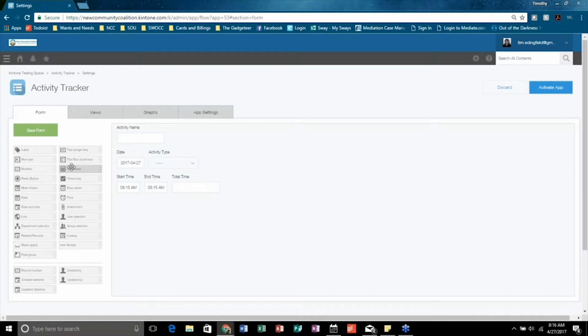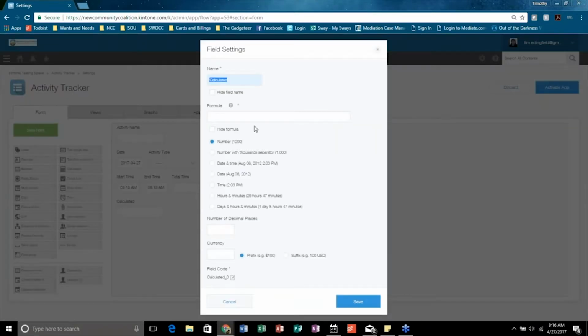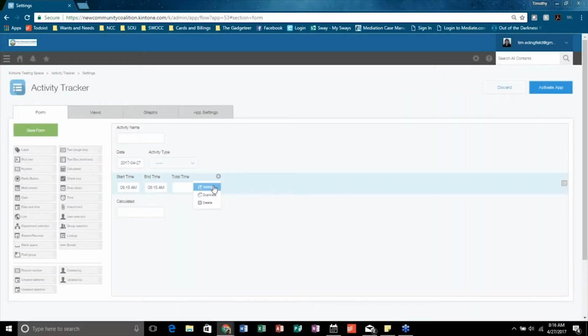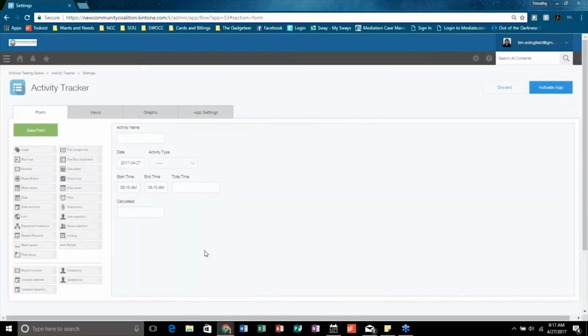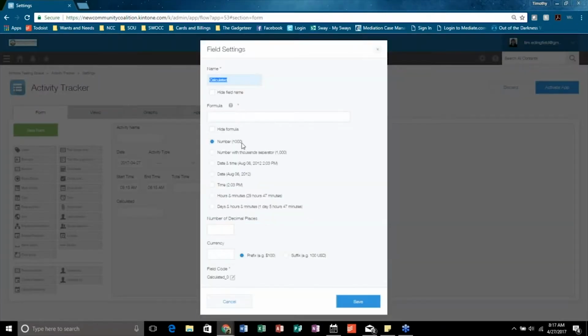Now, one more thing that we can do is we can create another calculated cell, and we can convert our total time to in-kind donation. And that is, hold on, I need to find out what the code is for total time. It's calculated. So we're going to say T time. And we're going to change calculated to in kind. So T time